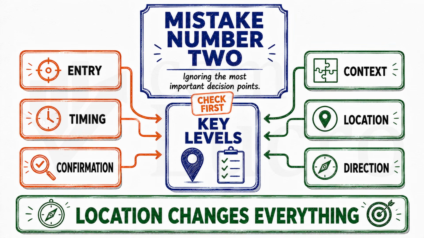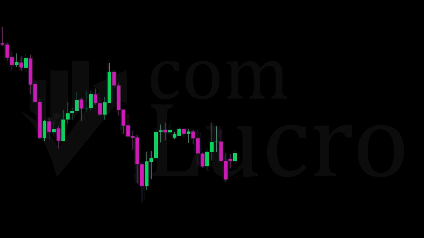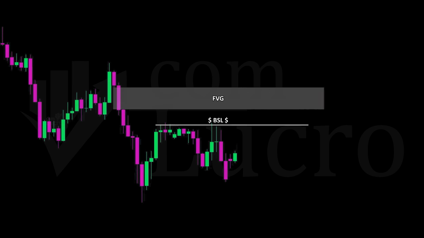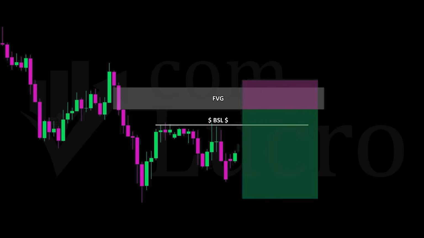That takes us straight into mistake number 2, ignoring the higher time frame key levels. In another example, we see a clear downtrend on the 1-hour chart. A fair value gap above a liquidity zone appears to offer a strong shorting opportunity, so we prepare the trade. At first, price reacts slightly in our favor, but it eventually reaches our stop loss again,